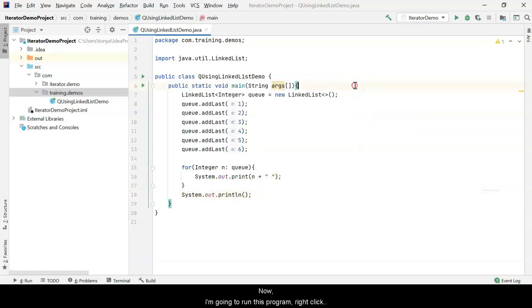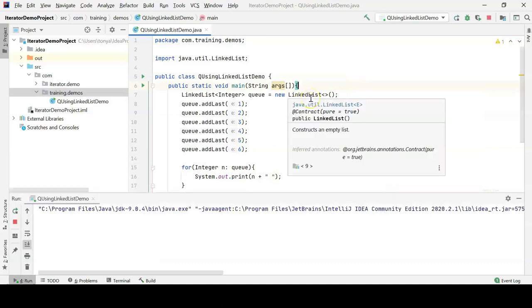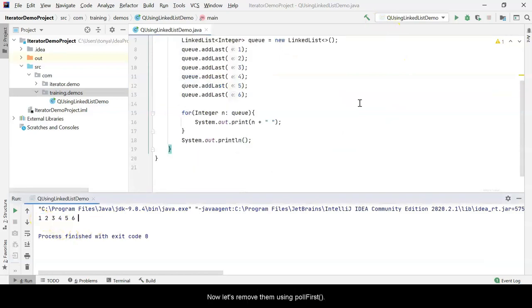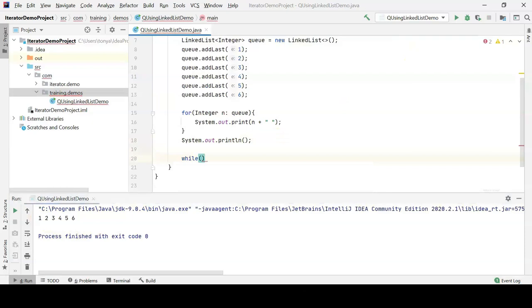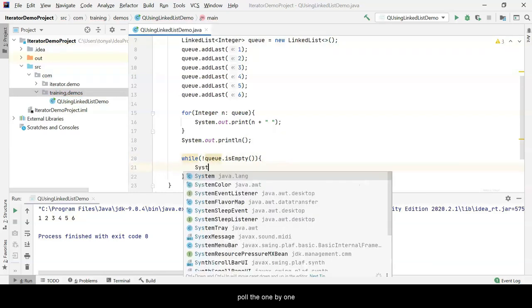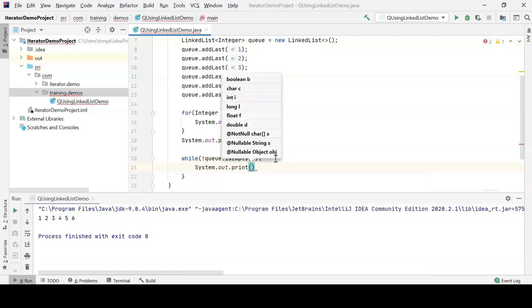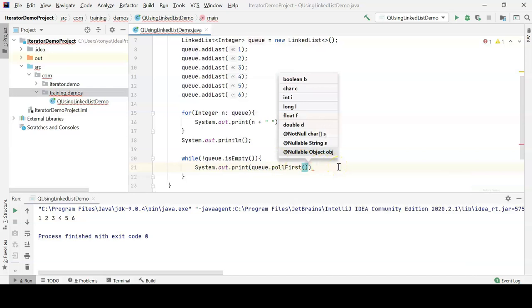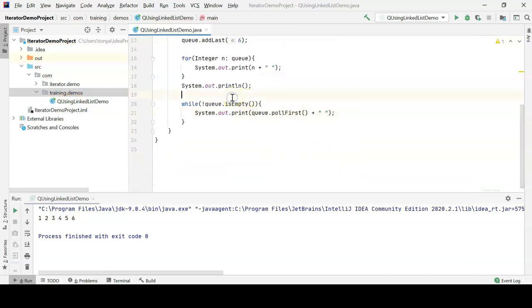Now I am going to run this program. Right click. Yeah, we have displayed the elements in the queue. Now let's remove them using poll first. While queue is not empty, poll them one by one. Poll first. Here we can say